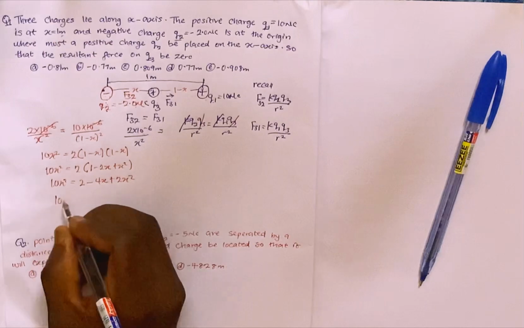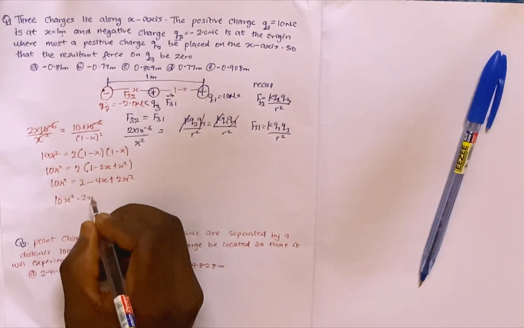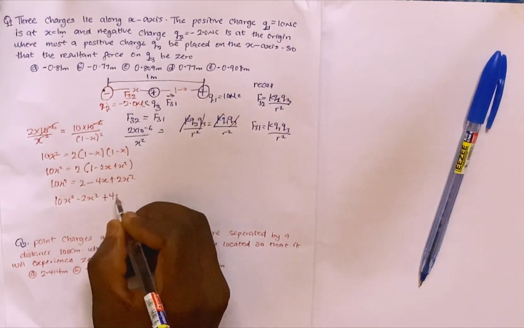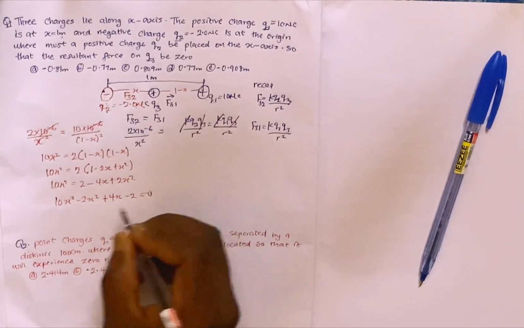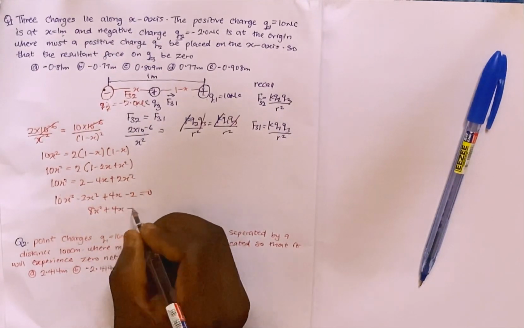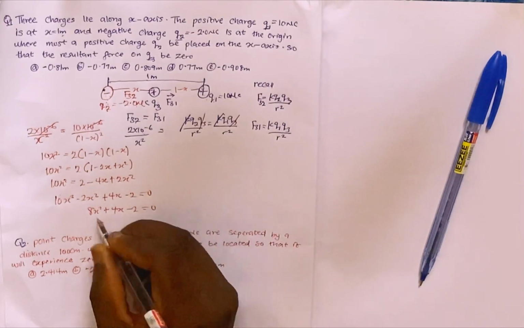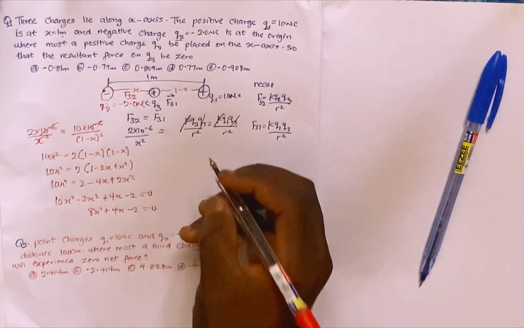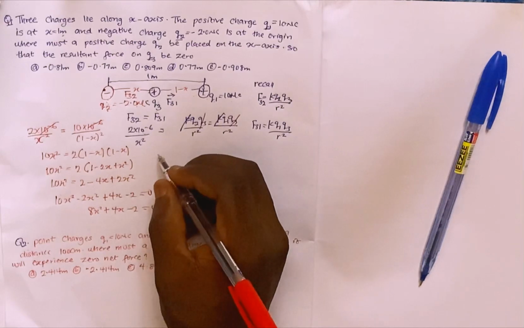Collecting like terms, I'm going to have 10s squared minus 2s squared, right? Plus 4x minus 2 equals 0. So here I'm going to have 8s squared plus 4x minus 2 equals 0. So here I just need to divide both sides by 2. Dividing all through by 2, I'm going to